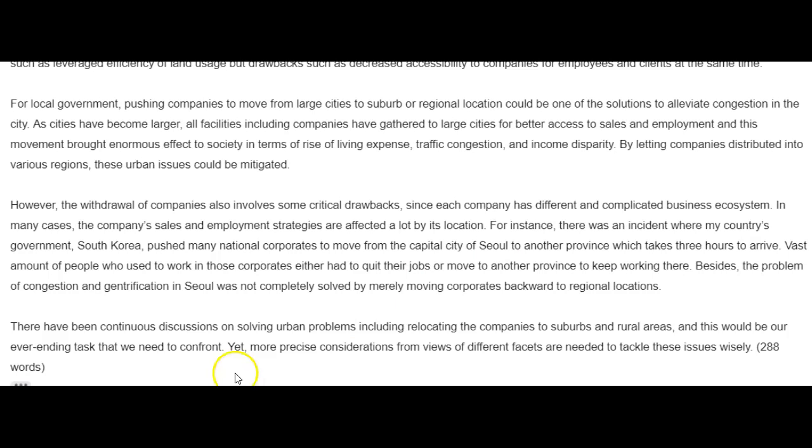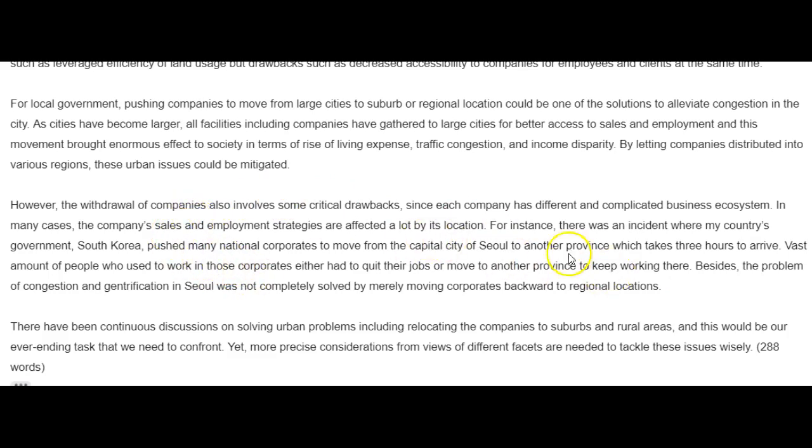Vast amounts of people who used to work in those corporations though, either had to quit their jobs or move to another province to keep working there. Besides, the problem of congestion and gentrification in Seoul was not completely solved by merely moving corporations back to regional locations. All right, well, explain to me why it wasn't solved. All right, and then